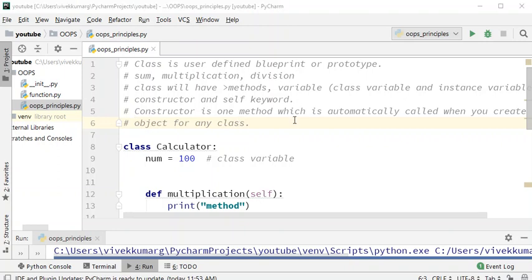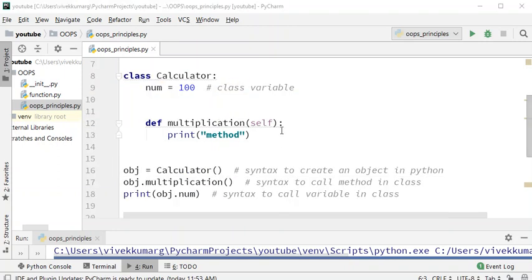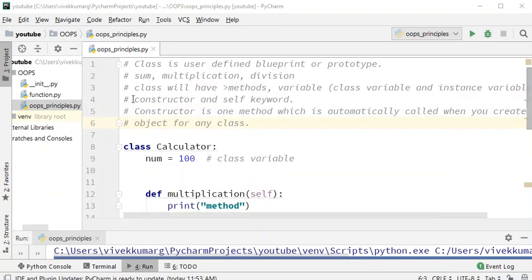So right now we don't have any constructor here, right? You must be wondering how a constructor is being called when you don't define any constructor. So listen carefully. When you don't create any constructor, a constructor is nothing but just like another method. That's it. There is no such difference.